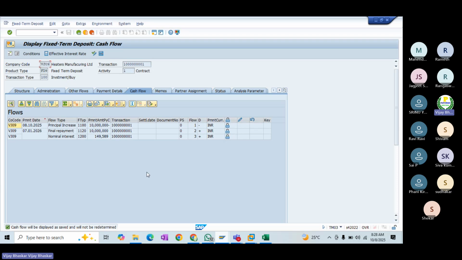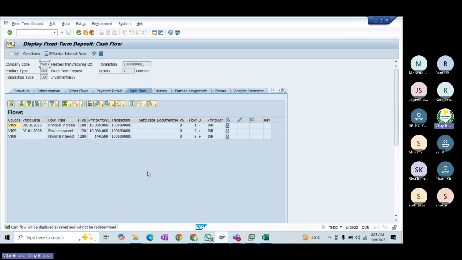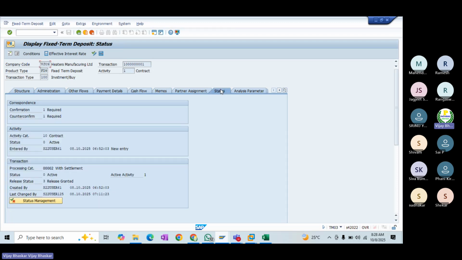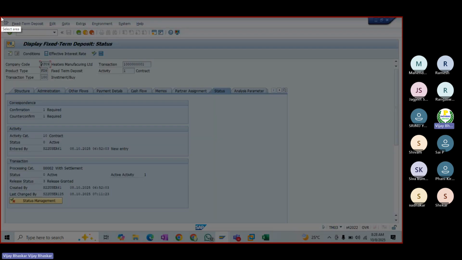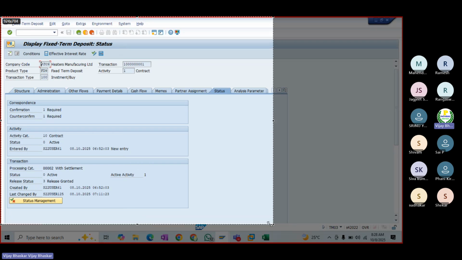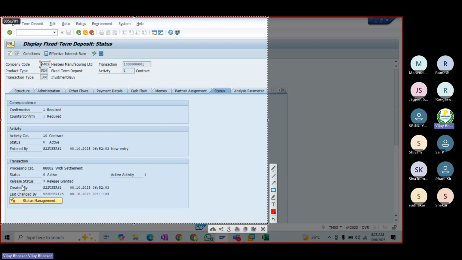Don't think that as soon as the person approves, the flow types will be released. Absolutely not. You can see that just the status has been turned into release granted. As soon as you approve and then verify the deal, you can monitor the status: release granted.